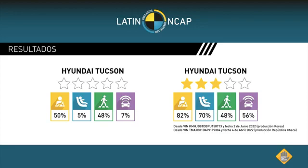all those items made the car score 0 stars in the Latin NCAP assessment. As we selected and tested the car, the manufacturer reacted right away and confirmed that they will be upgrading it. The basic version of the Tucson will now have 6 airbags. Basically, they are adding the side body airbags and the side head protection airbags, ESC, 3-point belts in all sitting positions, a speed limitation device, and also the proper marking for the ISOFIX anchorage points of the